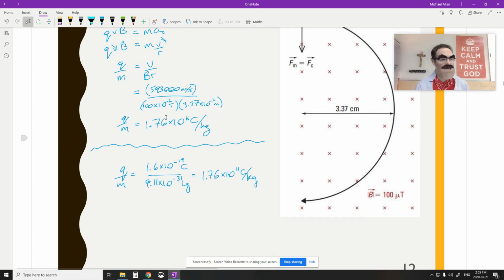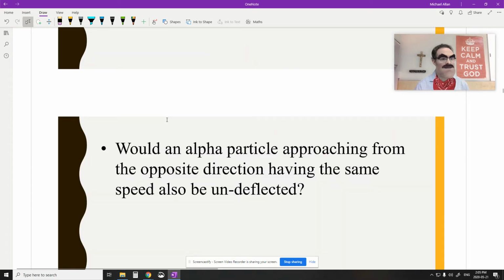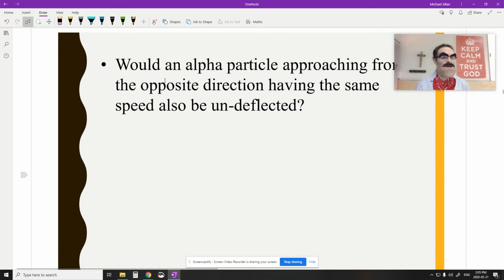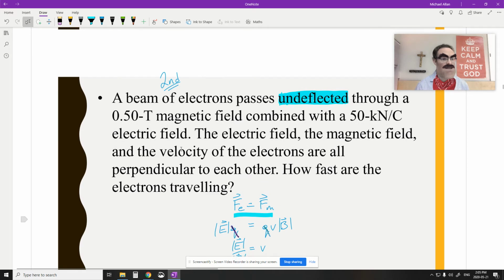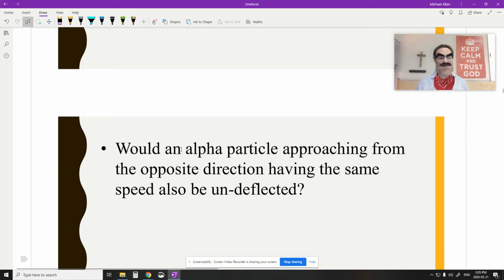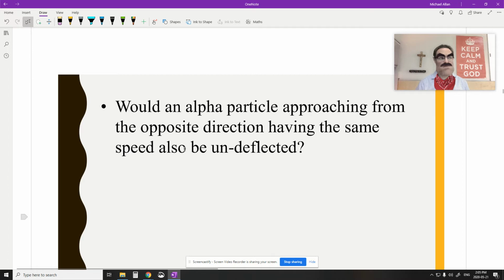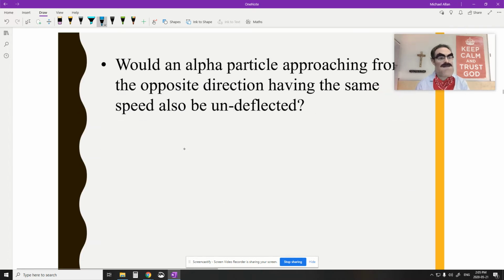So they end up being the same, and every time we did the experiment, they always ended up being the same. This is the question I was talking about before. Would an alpha particle approaching from the opposite side through this undeflected machine here, would it also be undeflected? Yeah, probably. As long as it's going the other direction, you use your right-hand rule, it'd be attracted to the opposite plates. It'd be forced the other way because of the magnetic field. But it would be undeflected since